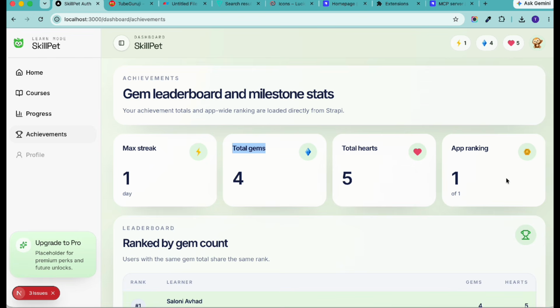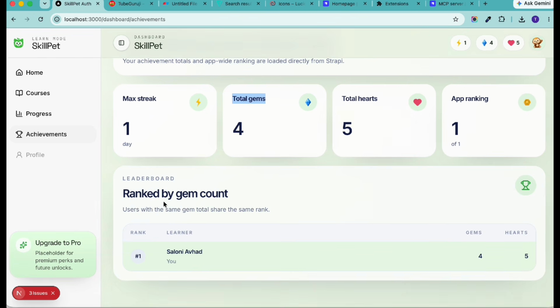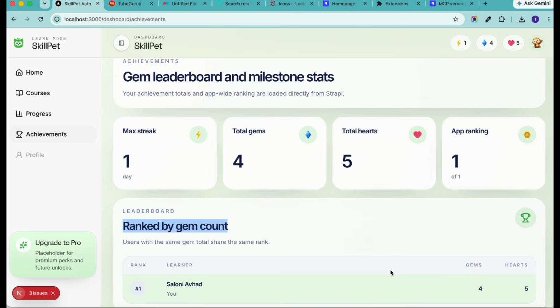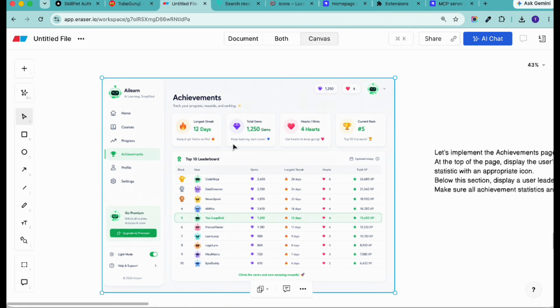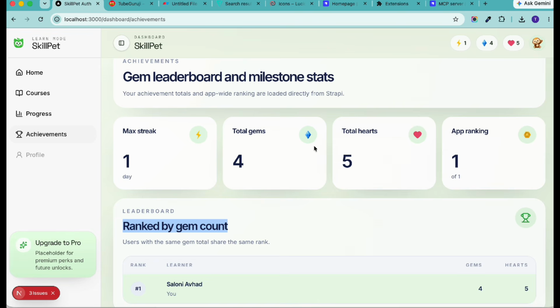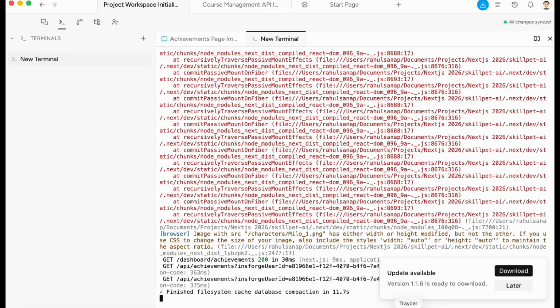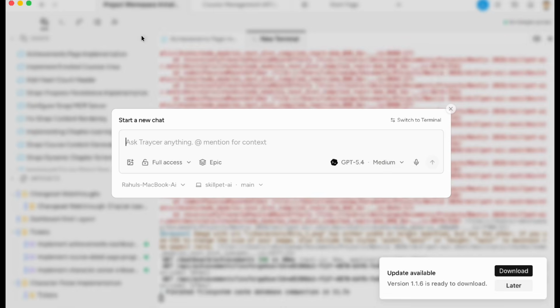Now one more important thing, that this information we are fetching directly from the Strapi CMS. Okay, and under the leaderboard if you see I only have one user in the database, that's why it's showing only one record, but it's a little bit blank, right? Means we need some interesting UI design. So in that case you can just send this mockup and tell Tracer that you want to update the UI design. Now in order to update this UI I'm going to add a new chat, and inside that we'll simply add